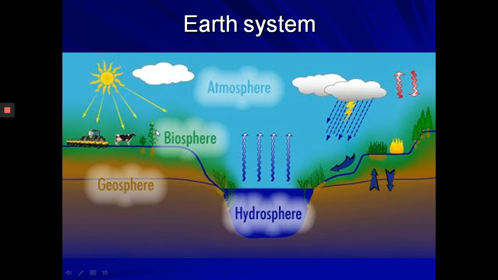Earth system. Okay, so in the big picture, we're going to divide the Earth into four different systems. We have an atmosphere, a biosphere, a geosphere, and a hydrosphere. Okay,